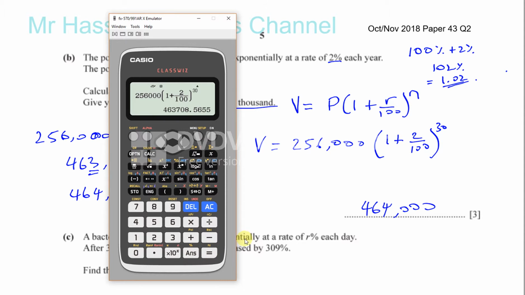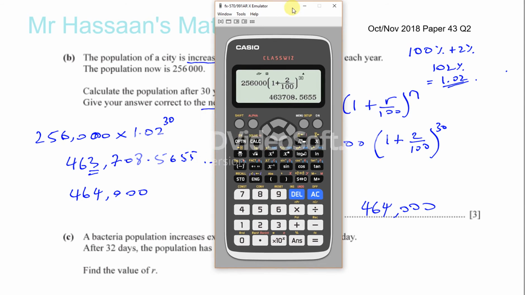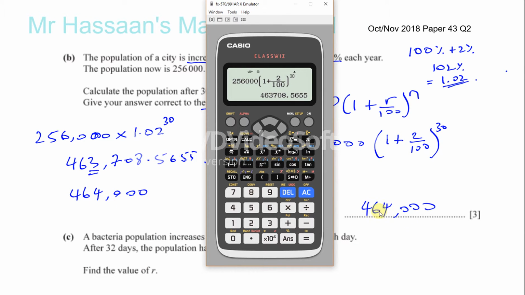That should give you exactly the same value, 463,708. Okay, exactly what we got before, and then we rounded it to the nearest 1,000. All right, so for part C, we're going to use a similar type of concept, except we